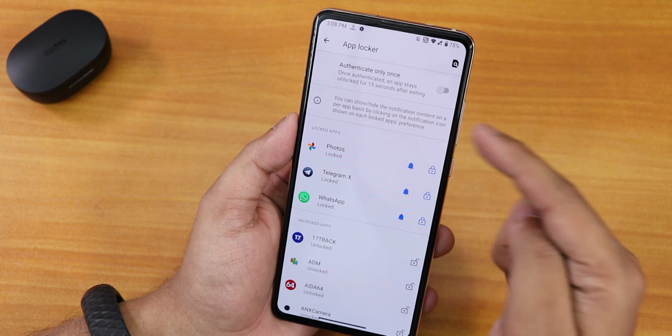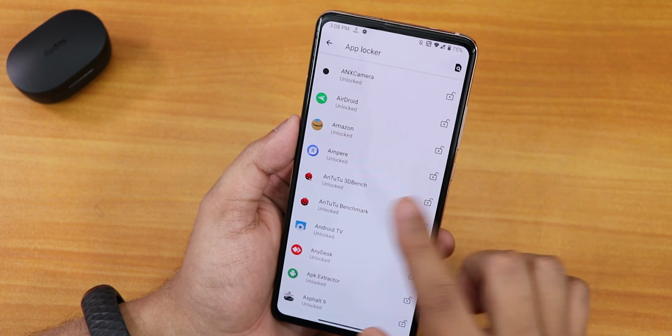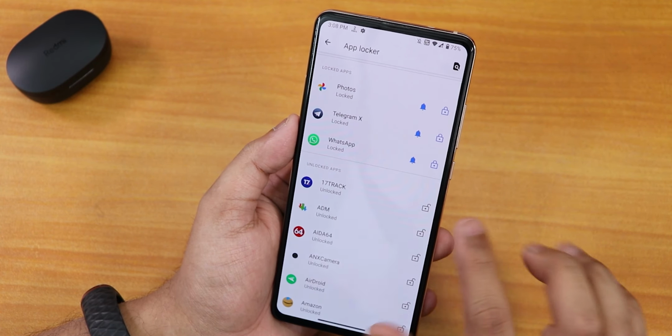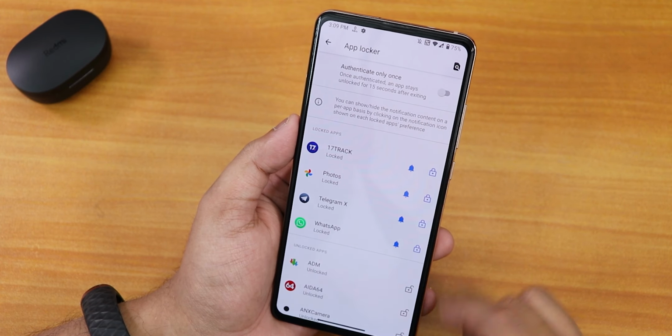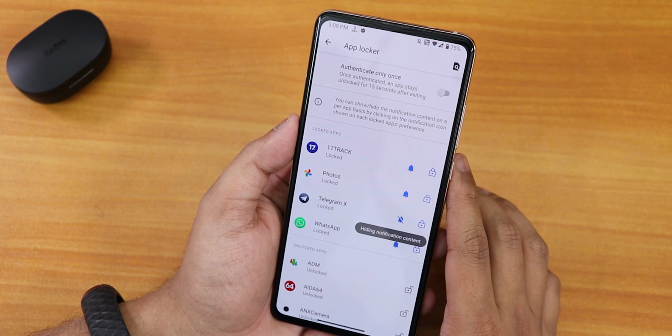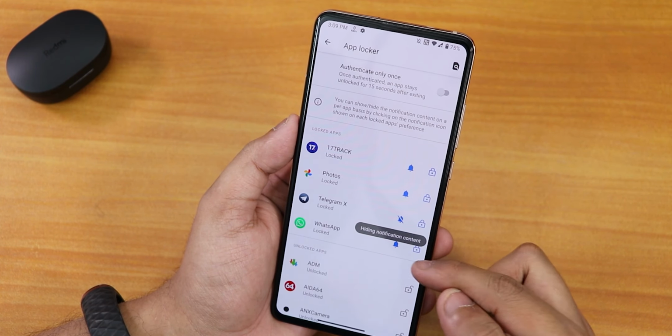So inside the app locker, this is how it looks like. We have the authenticate only once option on the top, and we have all these apps that you can lock. Like whatever app you wanna lock, you can just tap over here and that app will be locked. And you can also hide their notification if you want to. Like if I don't wanna see the notification of Telegram, over here as you can see hiding notification content,